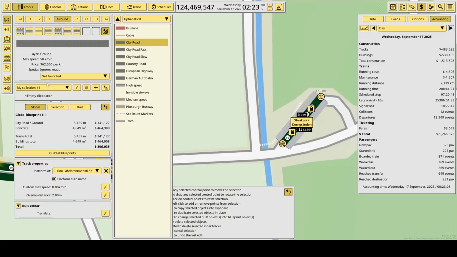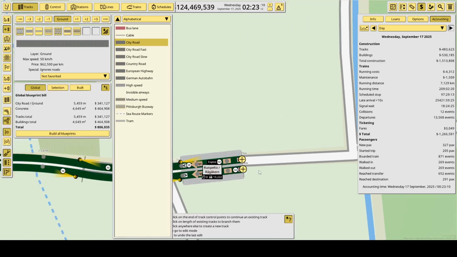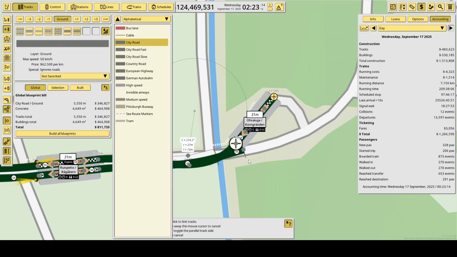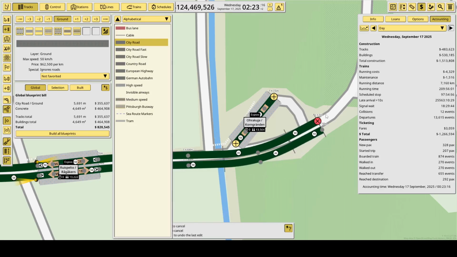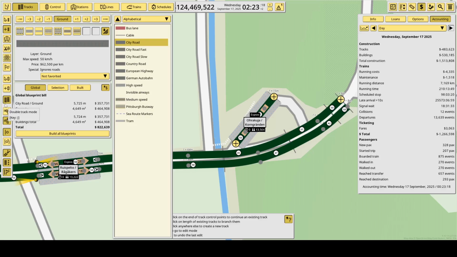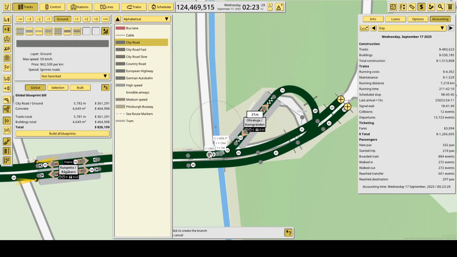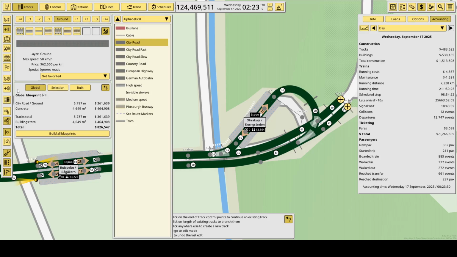So, we've made it. Once again. I will also continue this road past the stop here because it will run past the stop. There is another line, or there are other lines connecting with it.